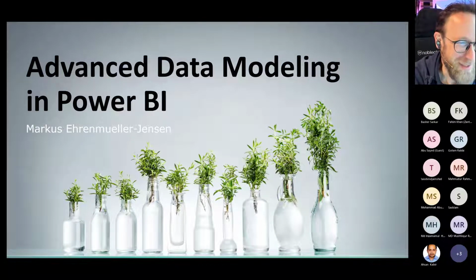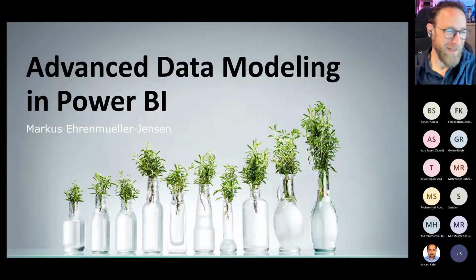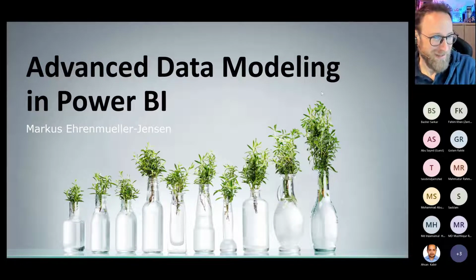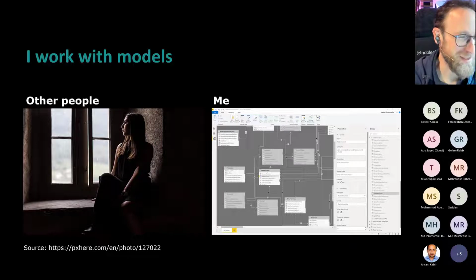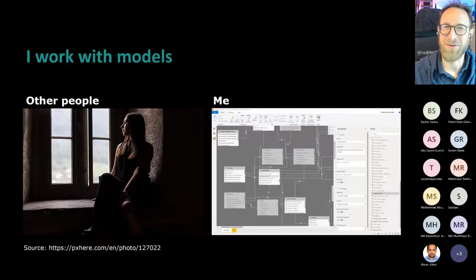Perfect. So welcome to Advanced Data Modeling in Power BI. I'm Marcus, and I introduce myself the way that I say I work with models. I work with data models, of course, for over 30 years. But if I tell people that I work with models, sometimes they have different things in mind. They think I work with beautiful people, but indeed I work with beautiful data models. At least they're beautiful after I worked with them, right? Because